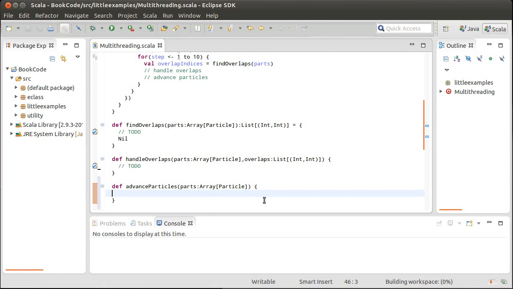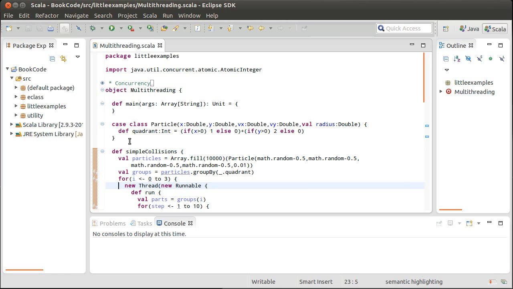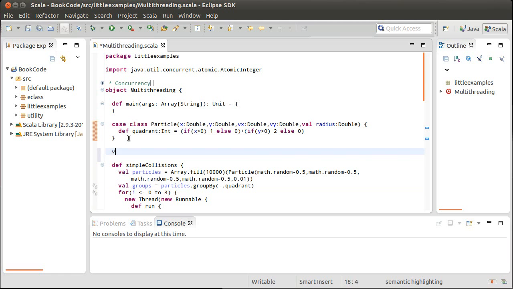So I'm perfectly happy with that. It's worth putting in here val dt equals 0.01. This would be a time step for how far you would move,